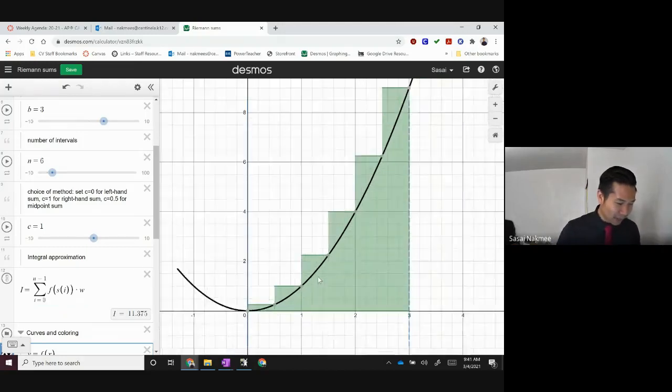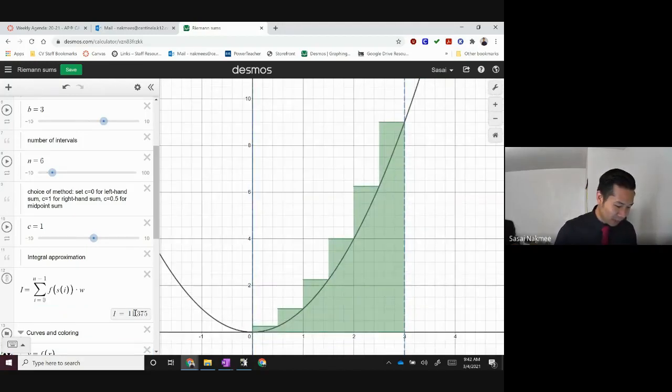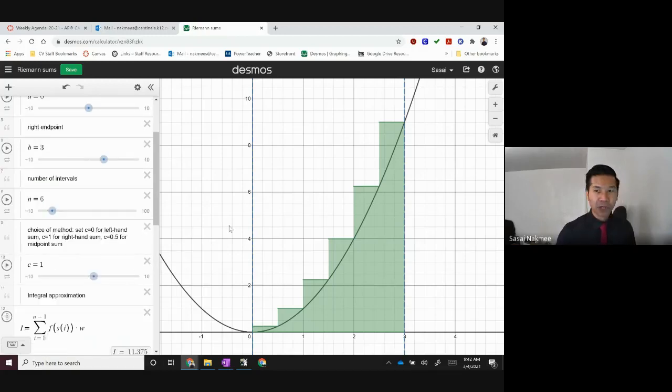So now we have this nice representation that does the same thing that we did, right? Of course, I had to show you how to do it by hand before I gave you these calculators that will do it for you. When you do the homework for the earlier ones where it asks for like 4 rectangles, just do it by hand. It's good practice. It helps you grasp the idea. But when you get to the problem where it asks you for 100 rectangles, use a calculator that's online.